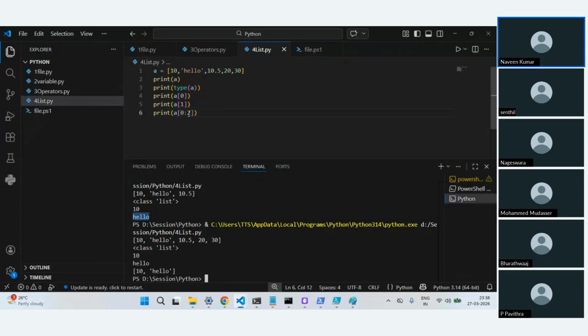I told you these things get indexed: 10 is 0, hello is 1, and 10.5 is 2. But in this range I have given 0 colon 2, so index position 2 gets excluded. It's going to print starting from 0 and 1. If I want index position 2 also, I have to write 0 colon 3.